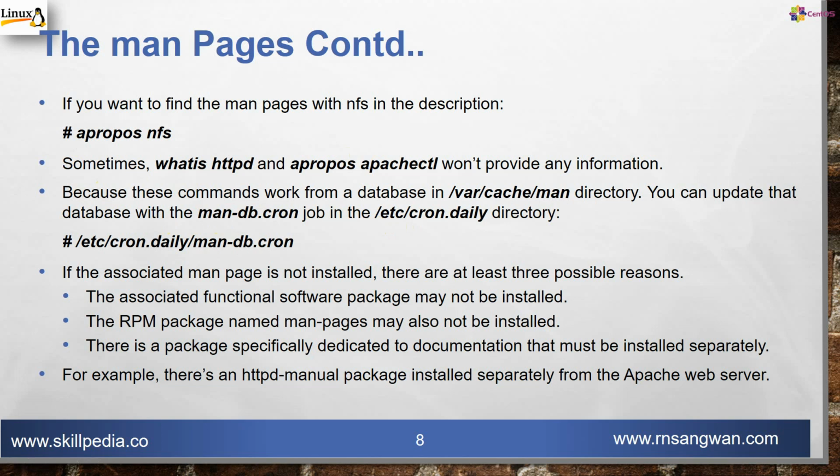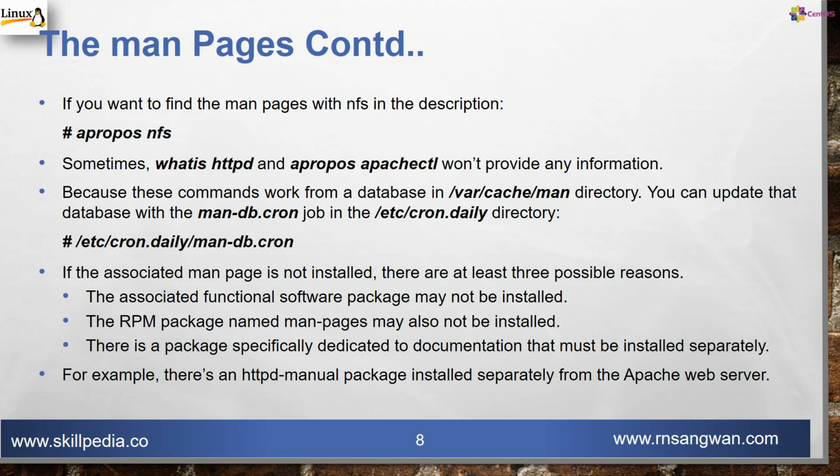If the associated manual pages are not installed, then what? There are three possible reasons. First, the associated functional software package may not be installed at all. Second, the RPM package named man-pages may not be installed. Third, there is a package specifically dedicated to the documentation that must be installed separately. For example, there is a package called httpd-manual. This package is required to be installed for the Apache web server